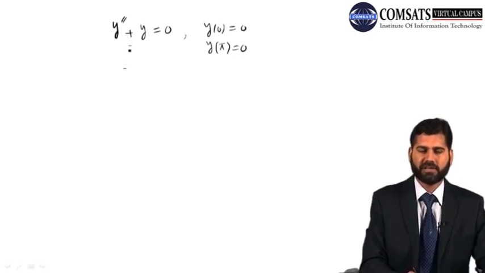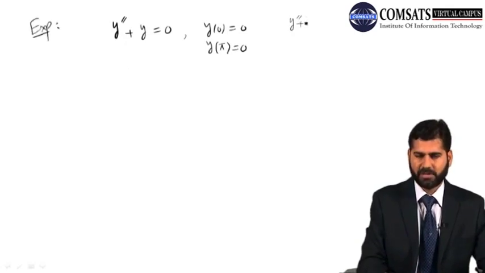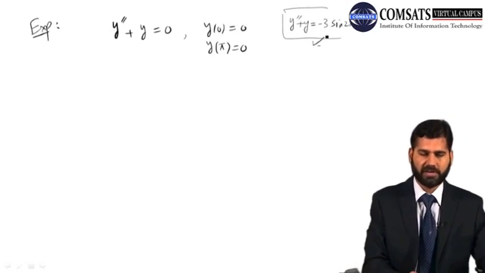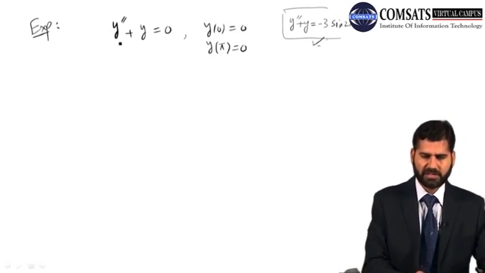So first we need to find the Green's function of this example. Then we need to solve the same equation with right hand side minus 3 sine 2x. Alright. So with the help of this Green's function, I will be solving this one later on. Alright. So to construct Green's function,